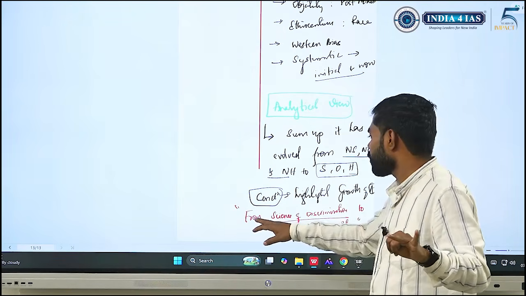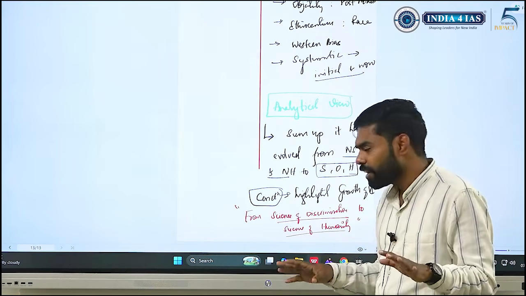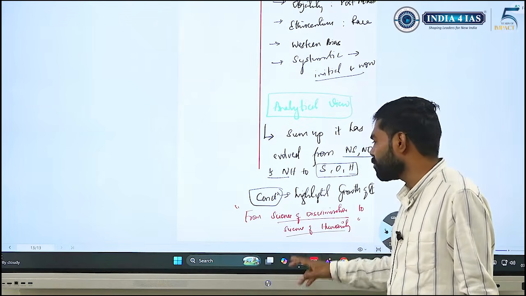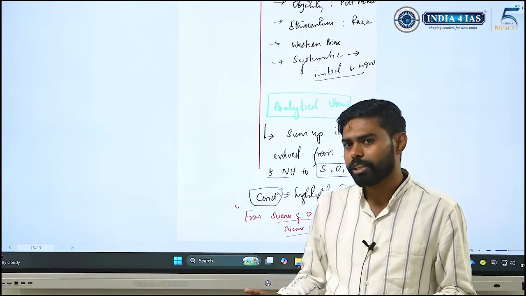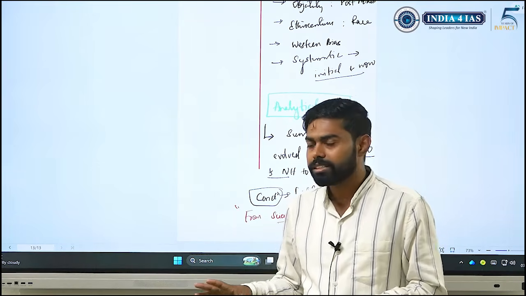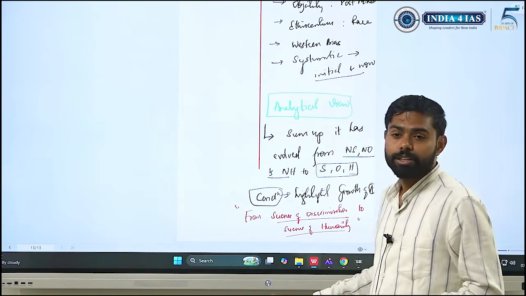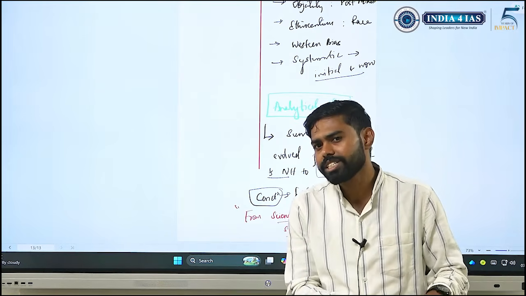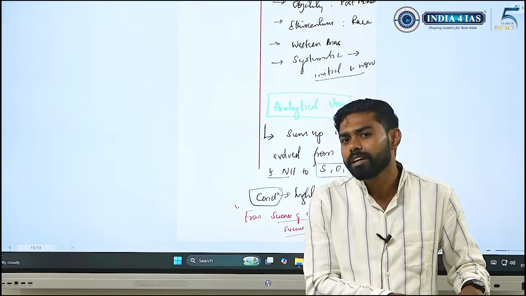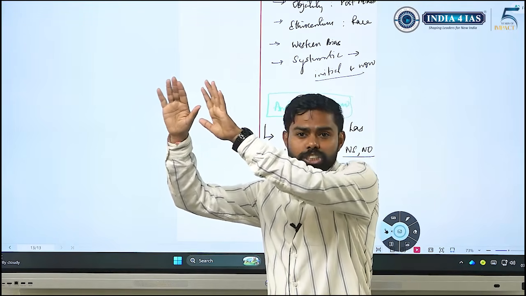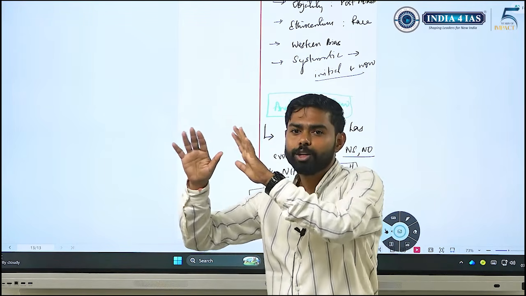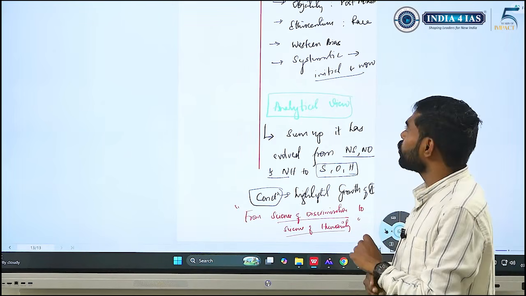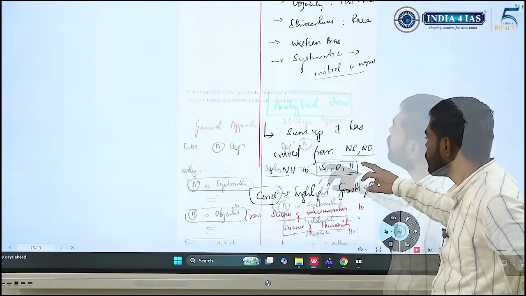Since this is how anthropology as a field developed, I tried to use it as a strong conclusion: from the science of discrimination, which was the tag given to anthropology in its initial decades, to the science of humanity. See the depth of the conclusion. It began at a very nascent stage, which was not well accepted, and now it is standing at a position where it is commanding to understand humanity. That's how I tried to create a strong conclusion. So that's it for your day one answers, guys.